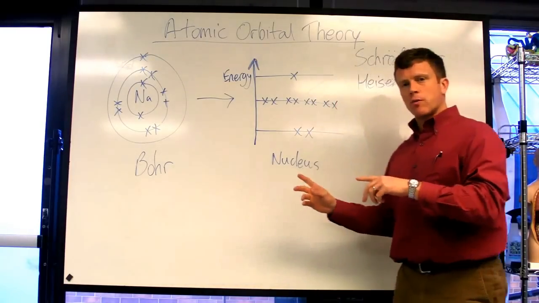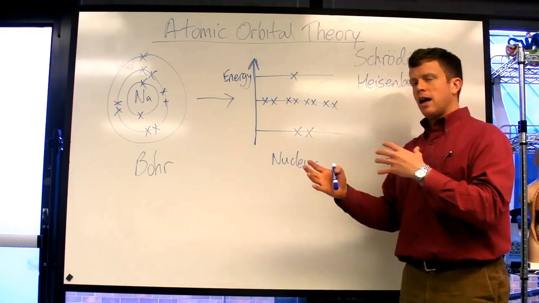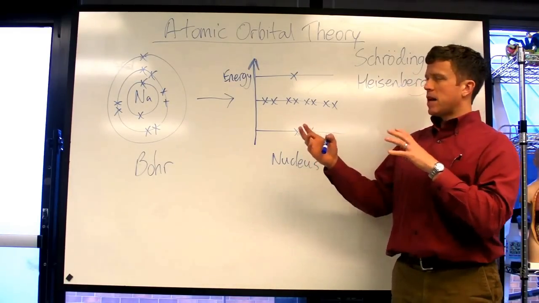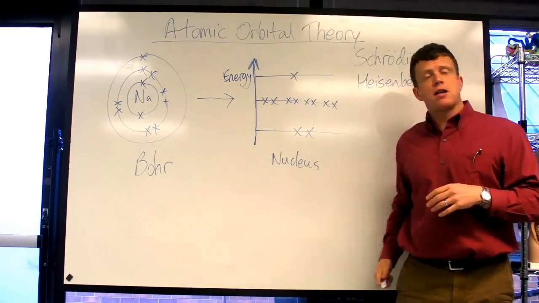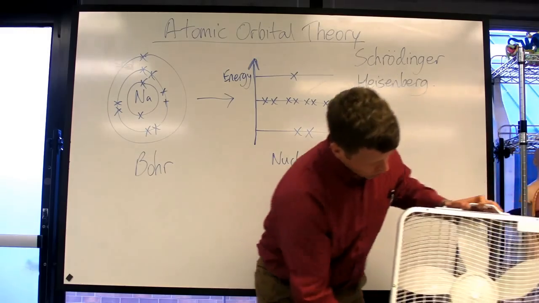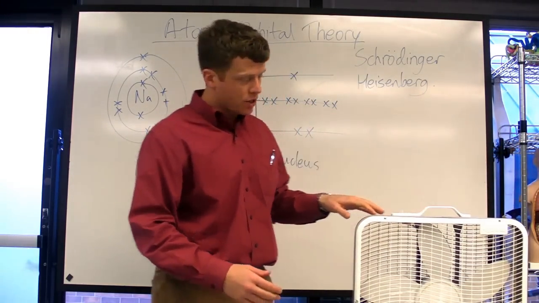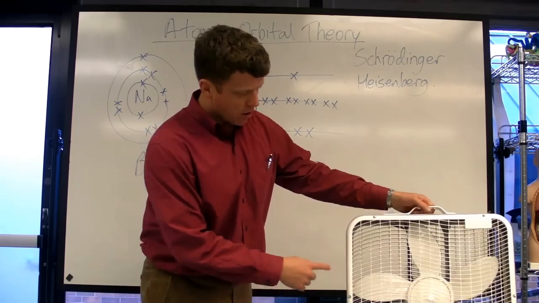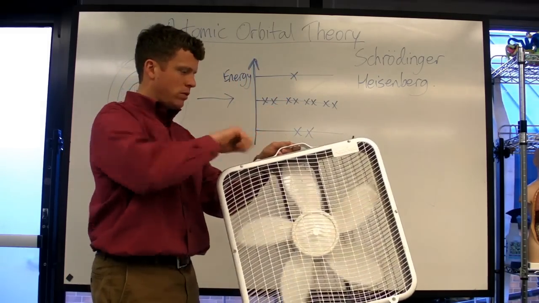Before I talk about how the orbitals are arranged inside an atom, and then how many electrons each orbital contains, the ideas that Schrödinger and Heisenberg came up with can be demonstrated using a fan. So you can see where the blades are in this fan. As I turn it on though,